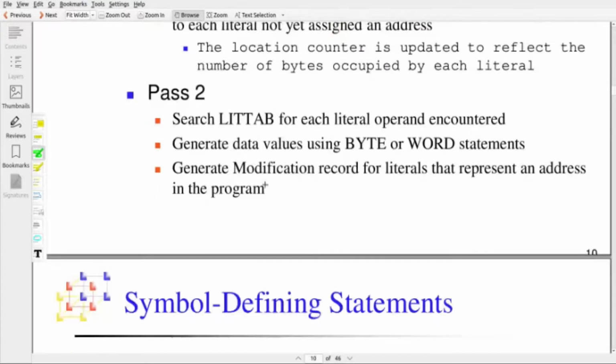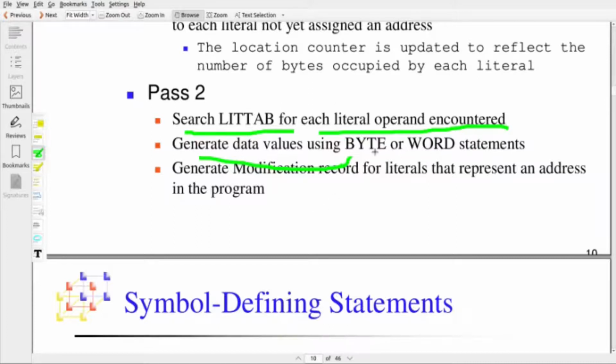Then in pass two, converting the instruction into object code, whenever a literal is encountered, search the literal table for the literal operand and generate the data value by considering whether it is a byte or a word, etc. For example, the characters EOF form a word data value, but X'05' requires a byte.